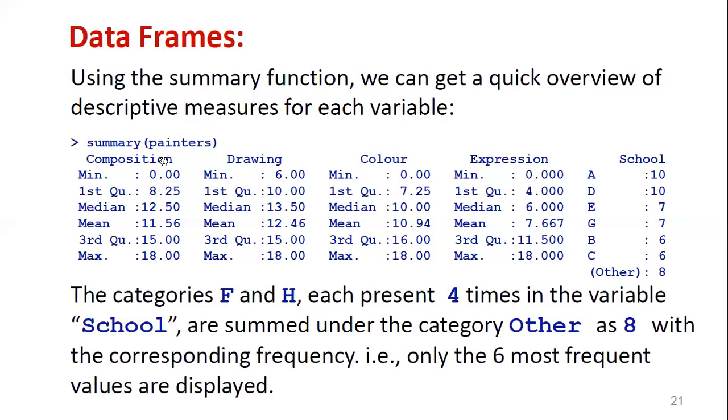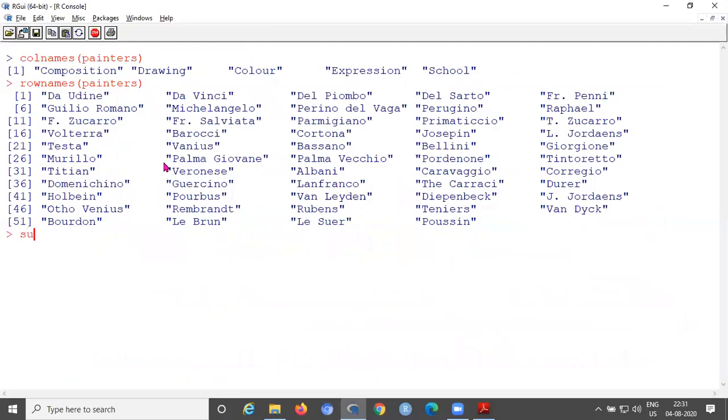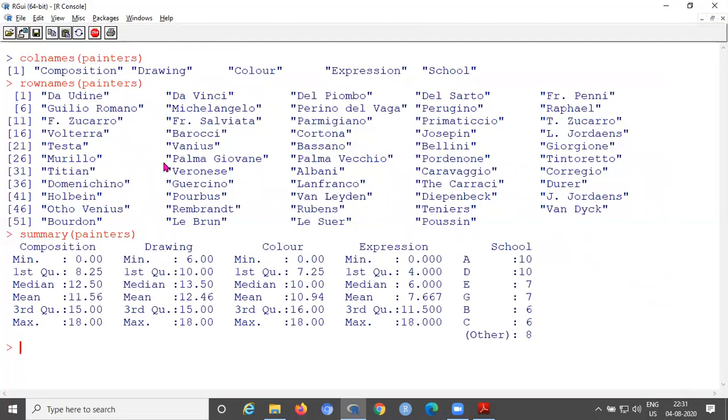Now we will also run this command. Simply you can type the command summary within parentheses the data set name. So you can take any data set, it displays these measures only for numerical variables. For the factor variable you can see it is showing the frequency of each and every value, how many times it occurs.